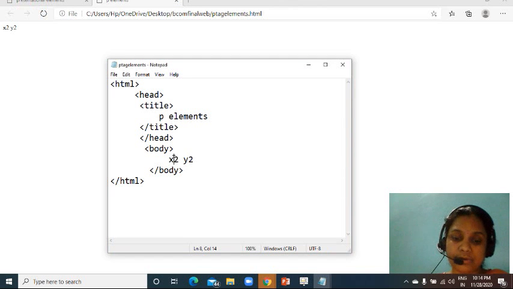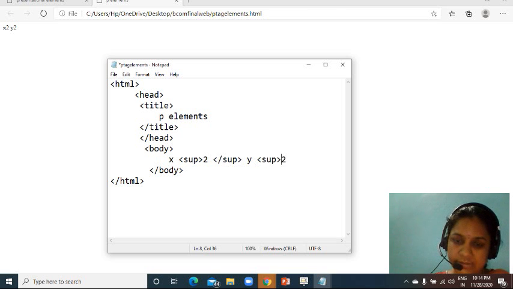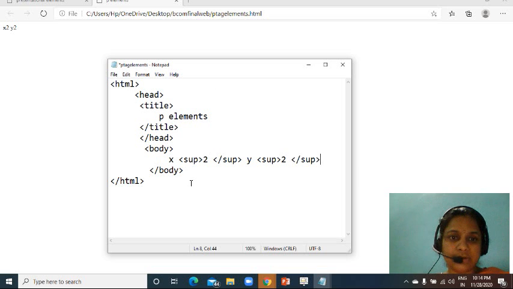That's why you are going to use a tag here. What tag are we going to use? Super tag. SUP. Starting super and ending super. Okay, let us check the output here. This 2 should come on top. That's why I have used the starting of the super tag and the ending of the super tag, and in between I have used 2. And the y square 2, I wanted to get on the top.